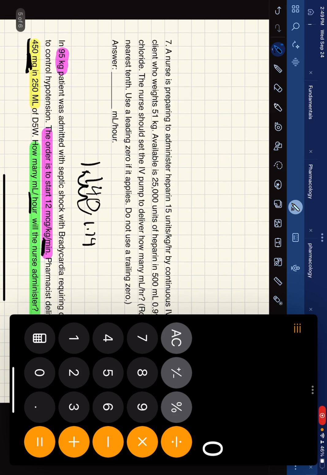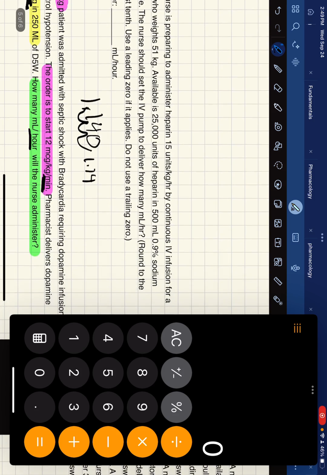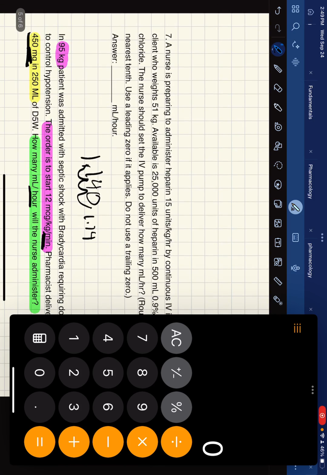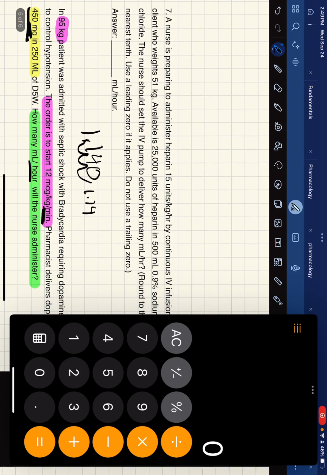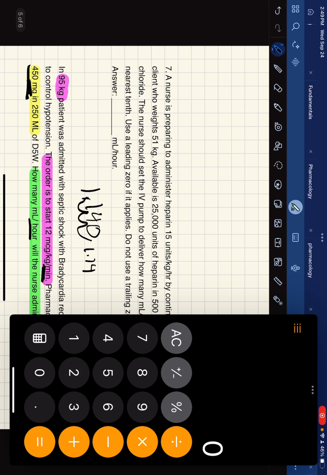The nurse should set the IV pump to deliver how many mLs per hour? And then it says round to the nearest tenth. Okay, whatever. All right, so I see that the patient weighs 51 kilograms. Let me just highlight this, that way you're not blinded by what I'm talking about. Okay, so the patient weighs 51 kilograms,